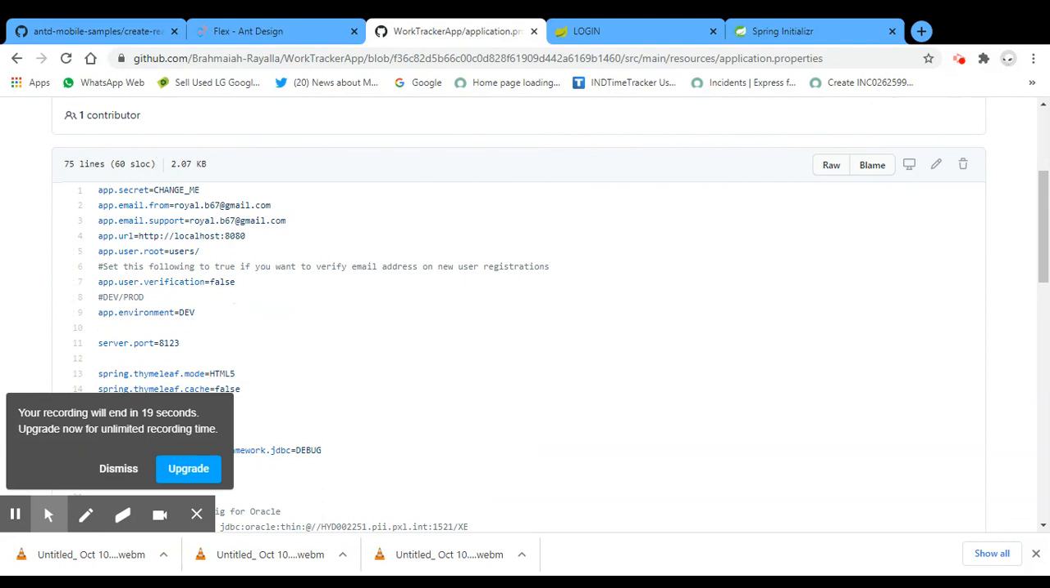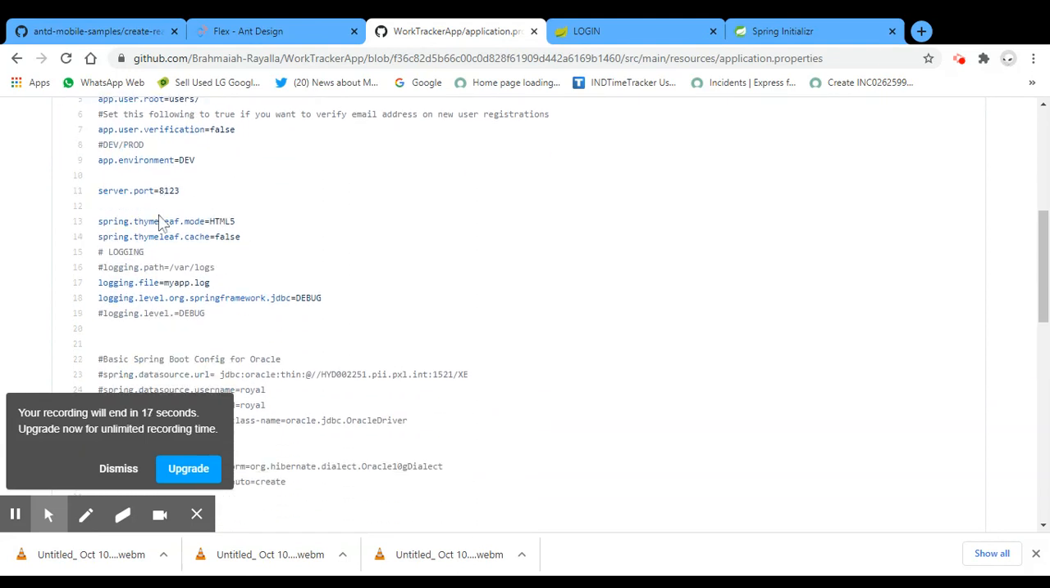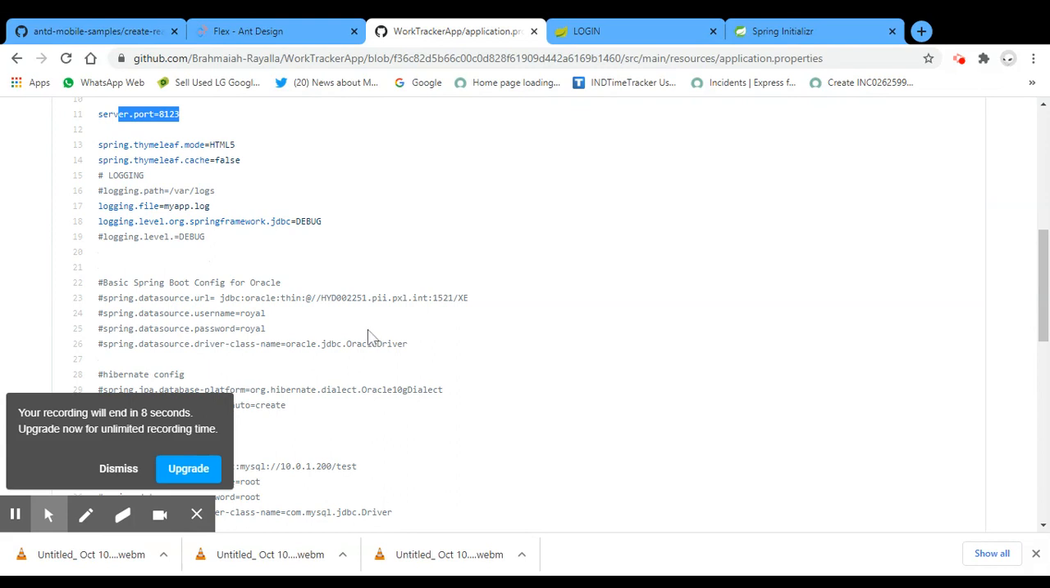And one more thing, you can specify your server port here dynamically. So if you want to change the server port, you can change it here. So that's pretty much on the Spring end-to-end application development. Thanks for your support. I'll give you overview